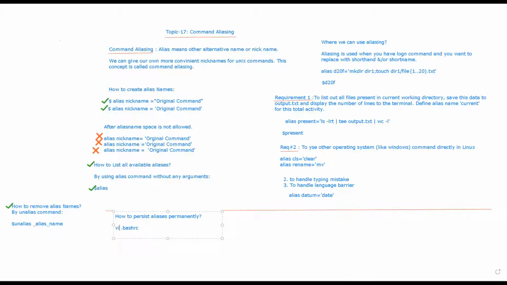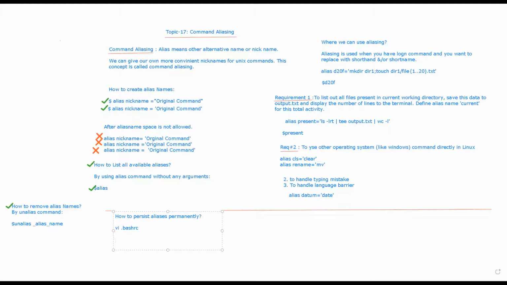By adding the alias into this file, you can create permanent aliases. If you don't want to retype the command, you can add the alias and use it across the Unix operating system.